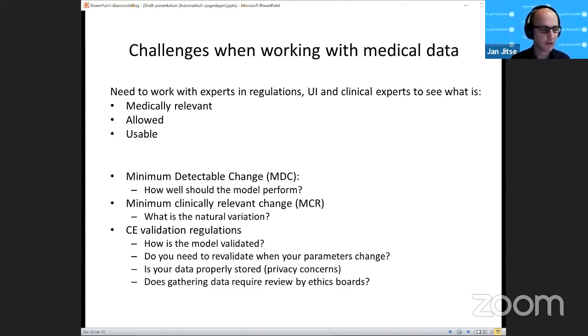So for that you typically need to gather a lot of data. And then the data gathering: patients are typically a protected group. So you can't just say, I'm going to find 100 patients and give them this app. That's just not allowed, at least here in the Netherlands.